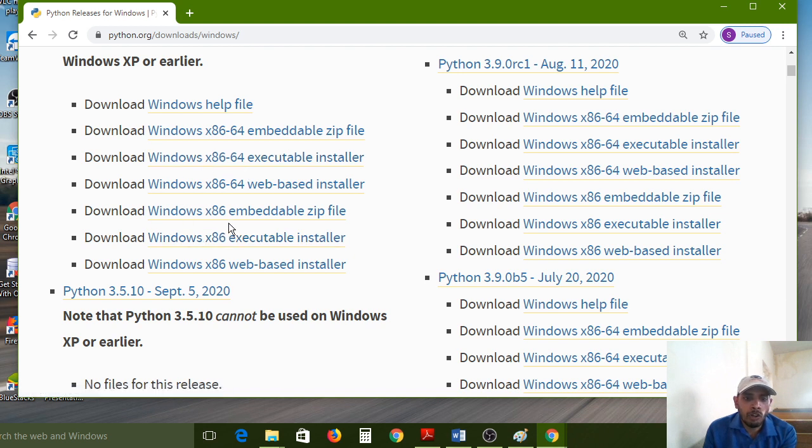If you have only a 32-bit operating system, please choose the x86 executable installer and click on this link only. According to my operating system, Windows 10 64-bit, now I am choosing the x86-64 executable installer.